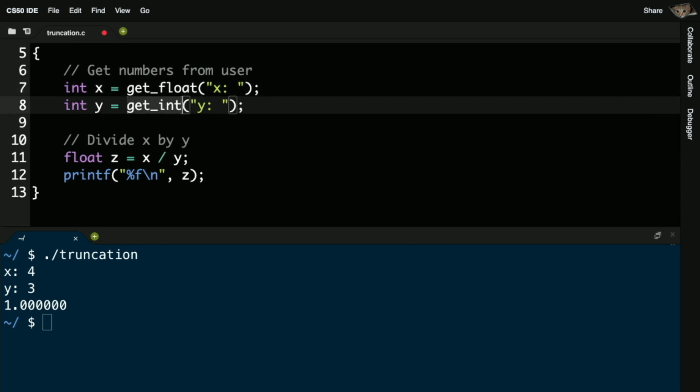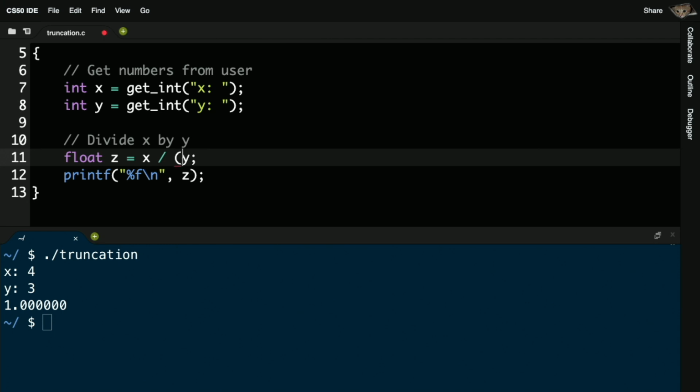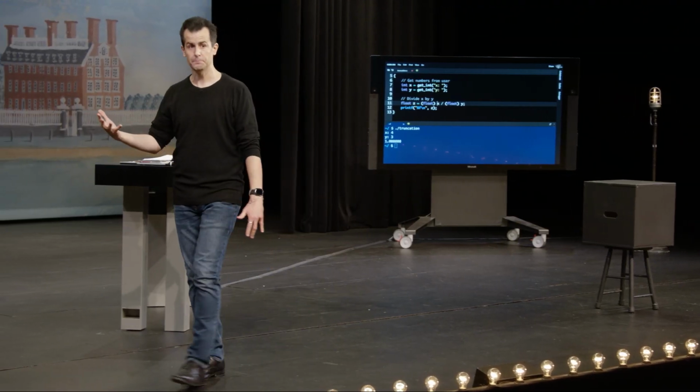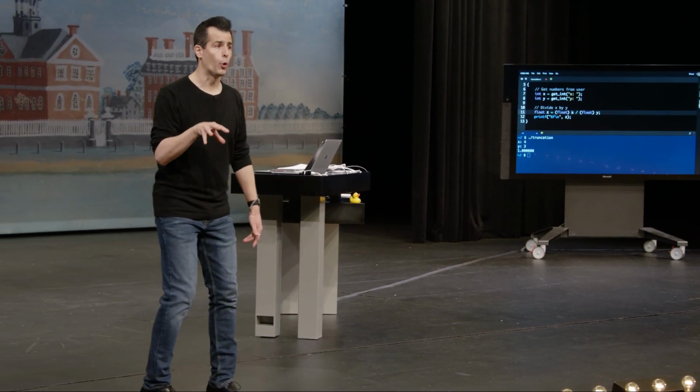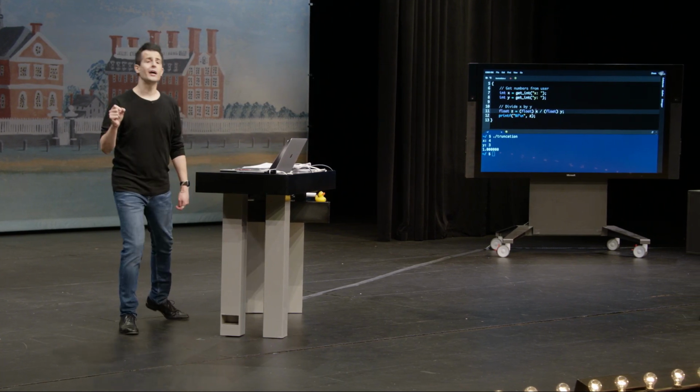You can instead be a little more clever, and convince the computer to convert an integer to a float by something known as casting. So I can go in here, and using a new syntax, say float y. And for good measure, though it's not strictly necessary, also do it to x. You can in C cast or typecast one data type to another by literally putting, in parentheses, the new data type that you want. And if it makes mathematical sense for one to be converted into the other, the computer will do it for you. So in this way, I'm telling the computer, convert x to a float, convert y to a float,